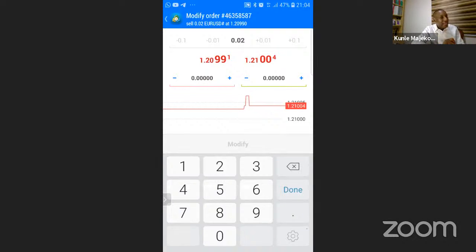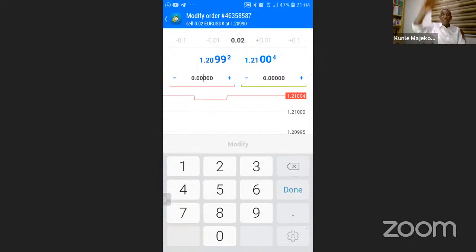So let me set my stop loss. Stop loss is in pips. And because I sold, I'm coming to explain to you, but let me just put it there. Because I sold, I will be putting it ahead of it. I'm going to add the stop loss pips to my entry price. My entry price is 1.20990. Oh my God, some people are lost. I can feel it here. Okay, now if I add 20 pips to it, that would be 1.2119.